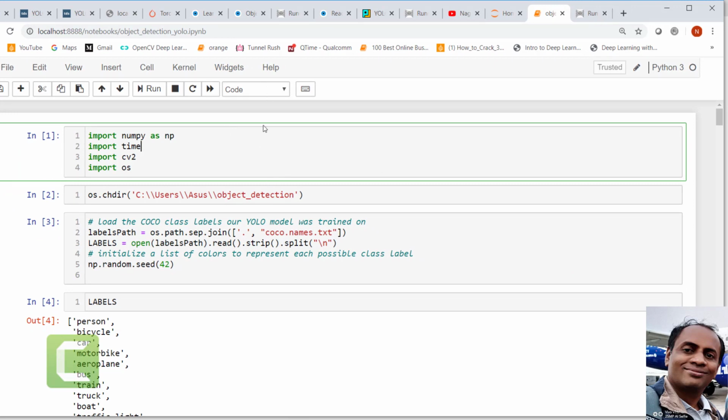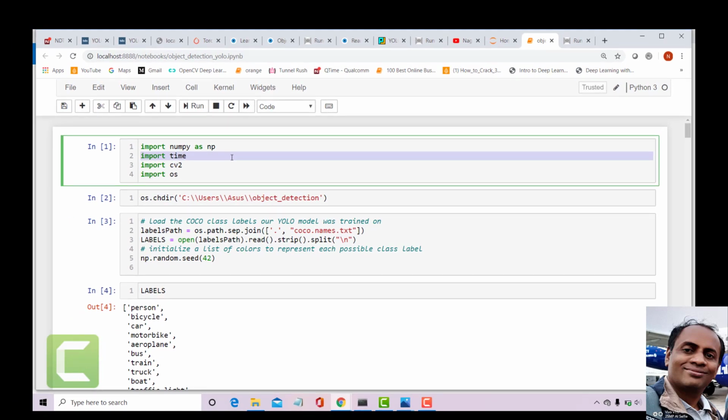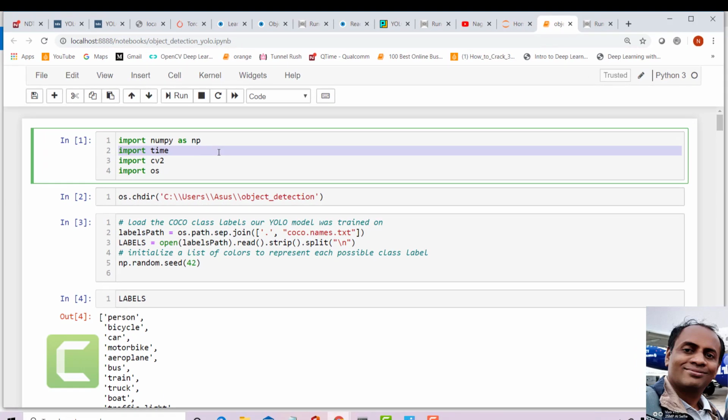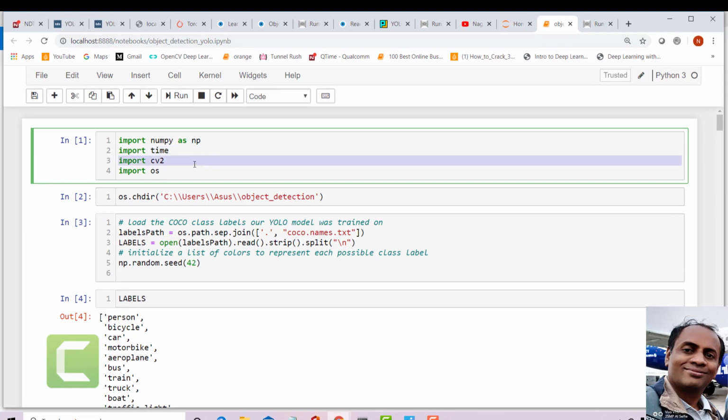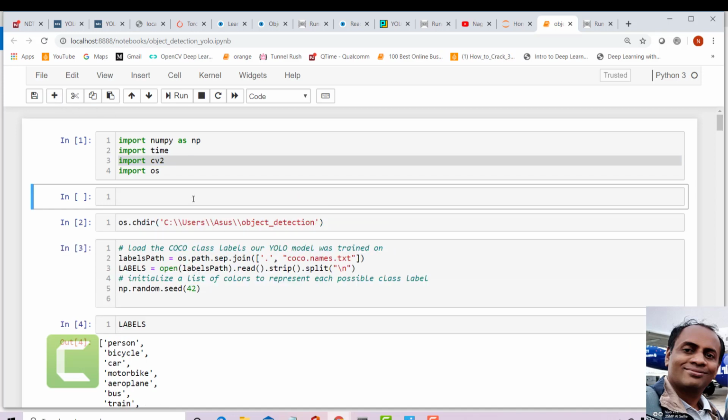Now this is an important library you need: NumPy, and import time, just in case you want to check the performance, otherwise you don't need it. Then import cv2, this is OpenCV. And if you don't have OpenCV, then you can install it by typing pip install opencv-python.